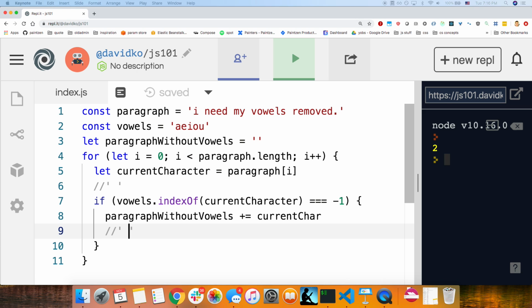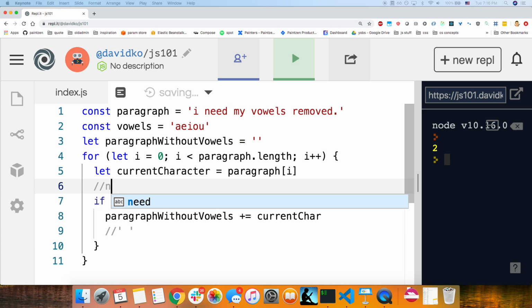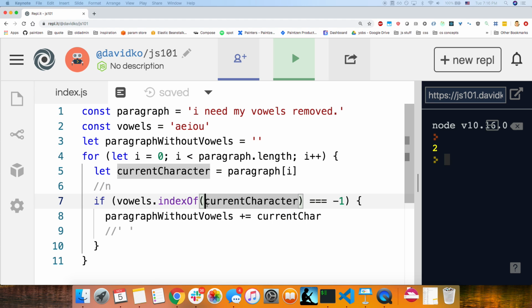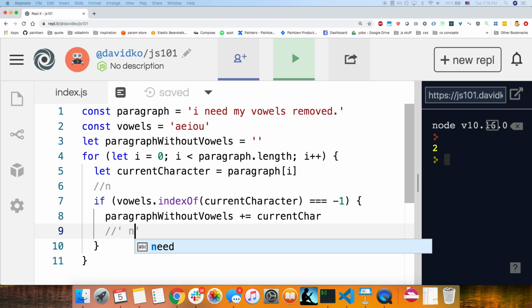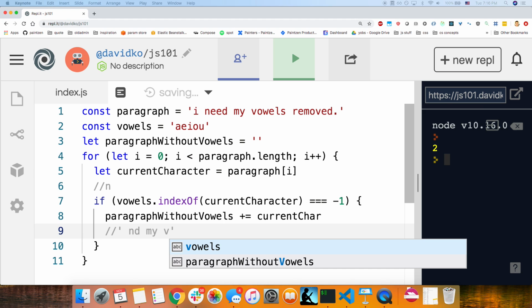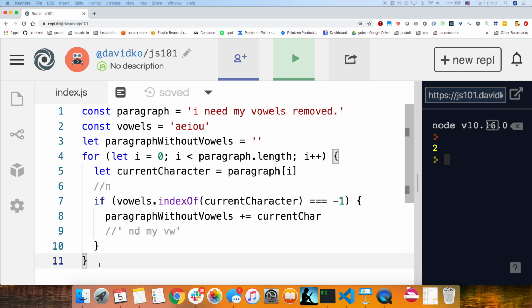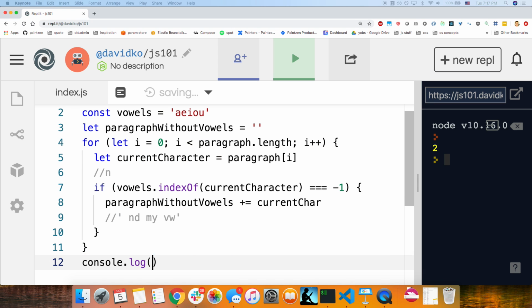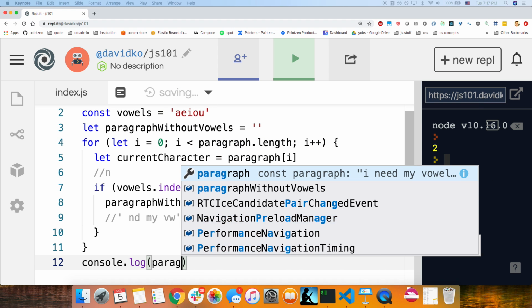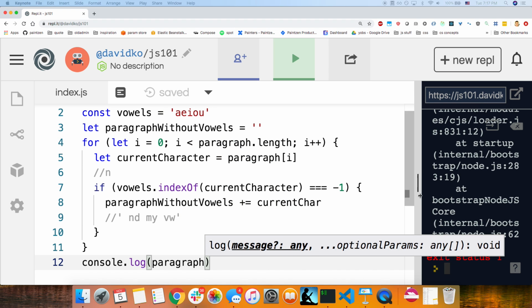It's looking kind of weird right now. But then next, it's going to be n. Now, does anybody know what this would be if it's n? Yeah, it'll be true. And then it's going to keep going. It's going to skip E, E, add D, add a space, M, Y, space, V, skip O, add W. And then if I log paragraph without vowels, it should look really weird because it'll have all these spaces, but it should log